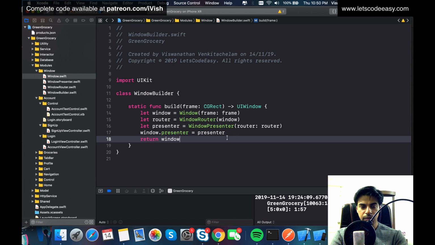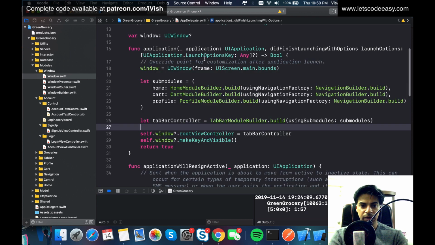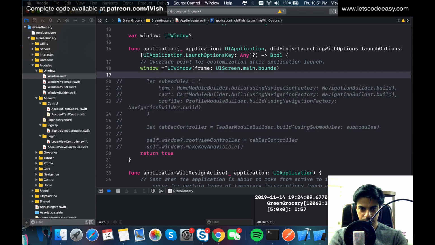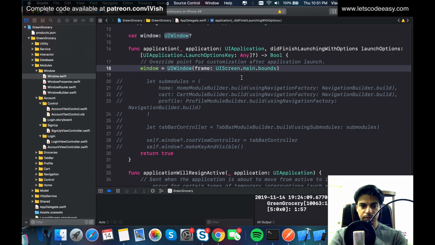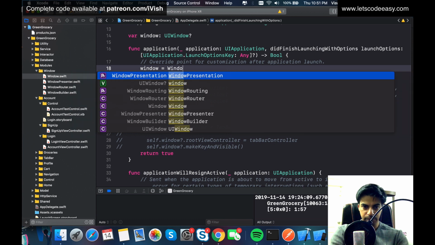So now if we have to show, this will not bring you anything, just that we have the builder now. And let's say if we try replacing whatever we already have here, I'm setting the root view controller as something here. Those things will move somewhere else. So right now I don't have any of this, and I'm going to set this window as my window which I have created using the window builder